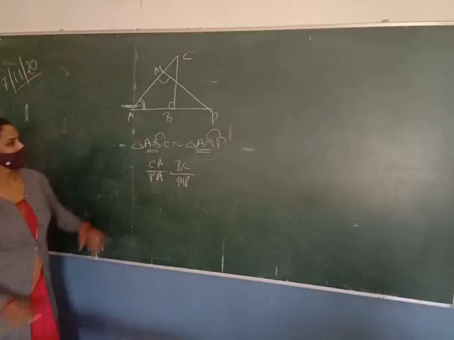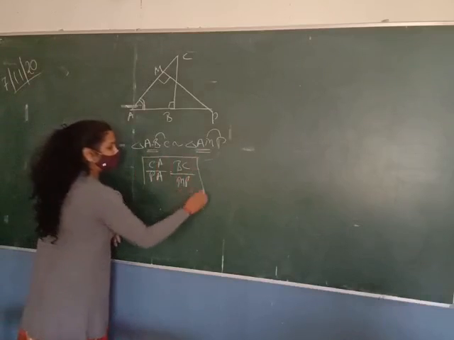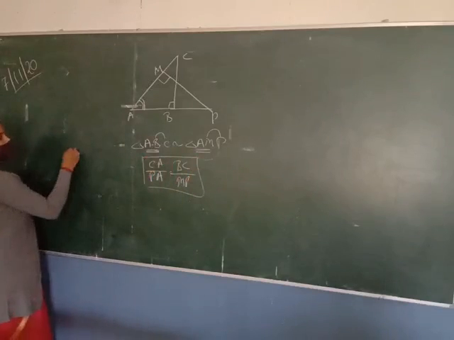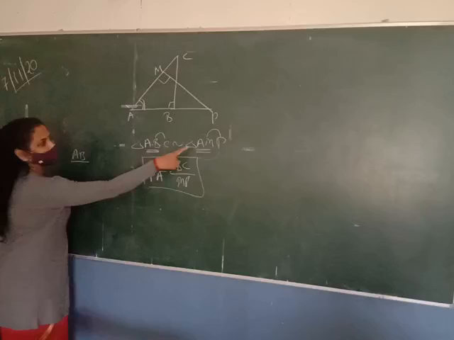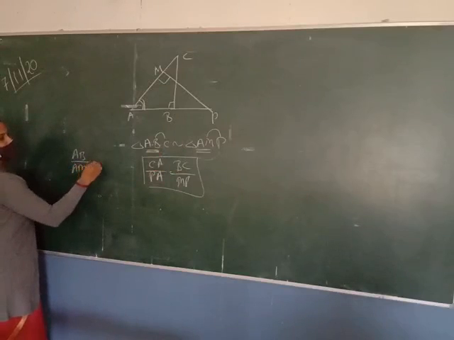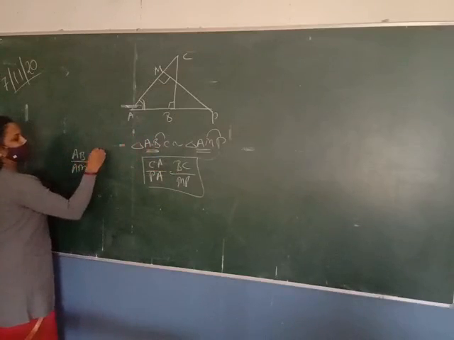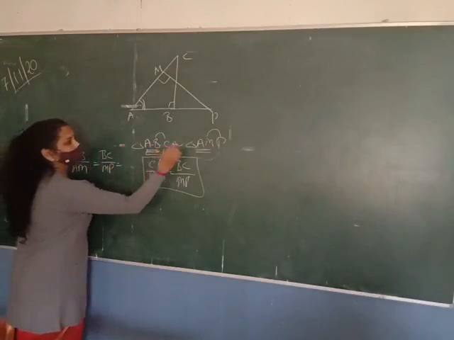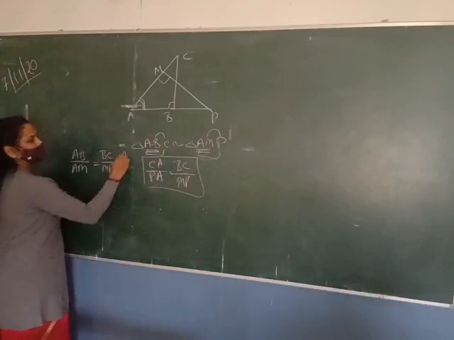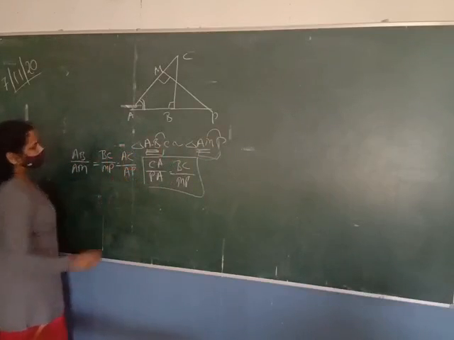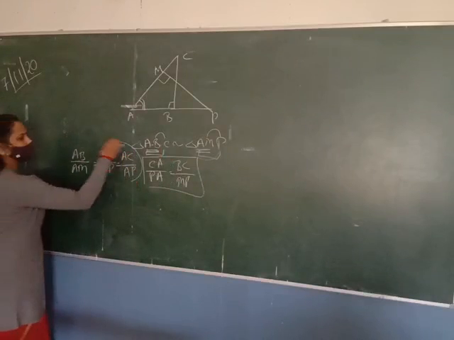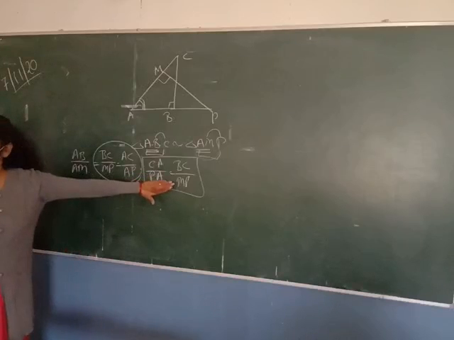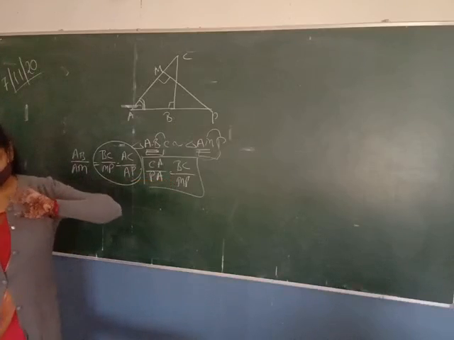नहीं ये है. Okay. By this similarity, Achal, by this similarity we prove that the ratio of the side, that is AB upon AM, is equal to BC upon MP, is equal to AC upon AP. And we need these two ratios. We need only these two ratios. This is the question number 9.